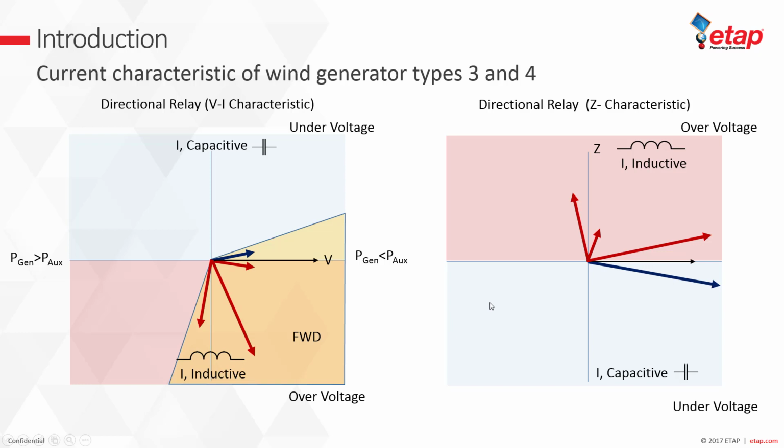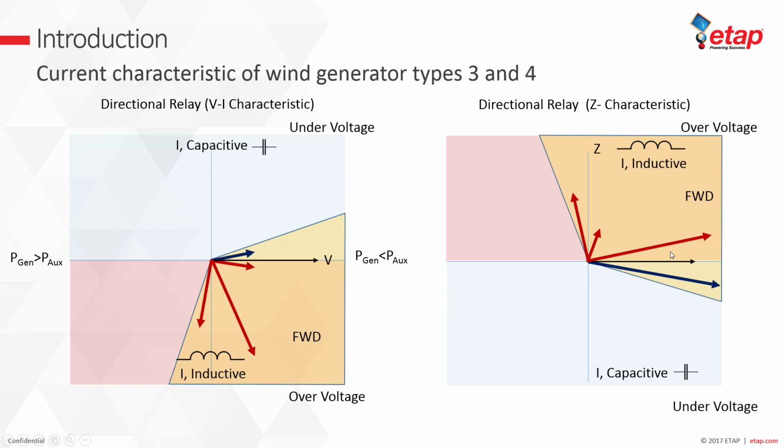Now, in a typical directional overcurrent relay, the characteristic for tripping, when we are looking at the current and voltage graph, is more like this. It basically covers all of the fourth quadrant and a little bit of the first and third quadrants. While when we look at the impedance characteristics, we always cover the first quadrant and a little bit of the second and fourth quadrants. So that's a typical